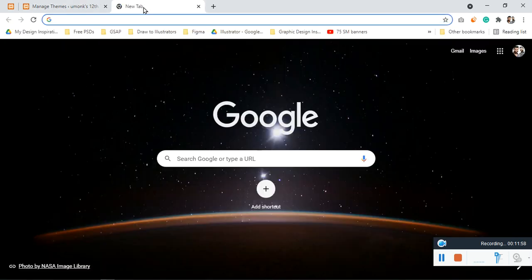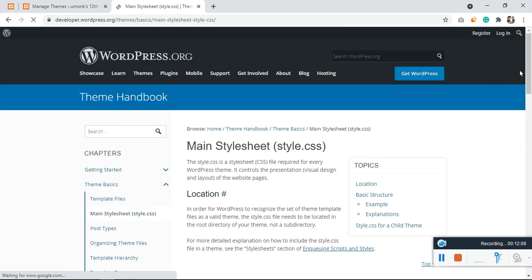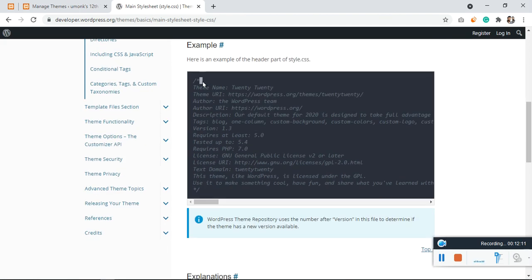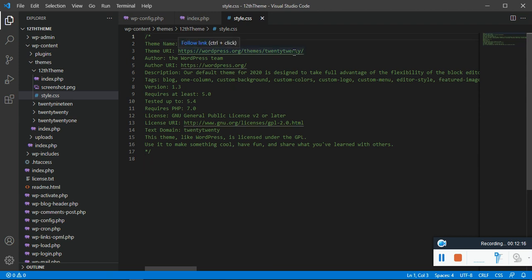So for the data to appear, let's type WordPress style.css. Actually we need to pass some comments on this page. These are the comments which are needed, and let's give this my name, Vishal Varghese. The theme name is going to be Vishal Varghese and the author is going to be UI Monk. And you can have any description, just to have some different name.